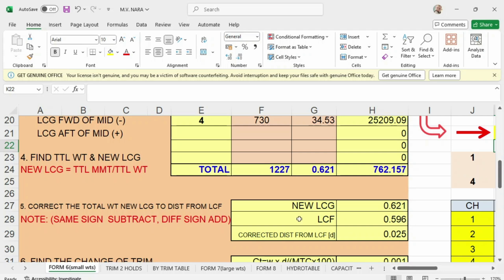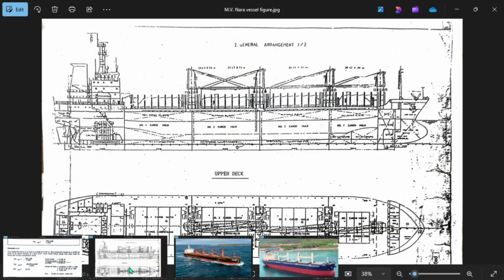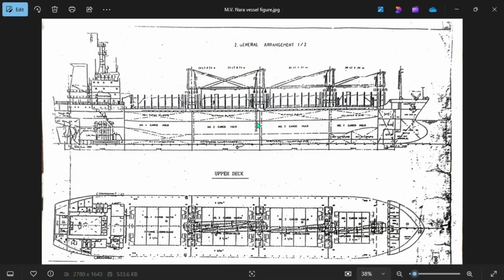So where can we find this new LCG of 0.621? We go to the figure. 0.621 from center is a little bit forward here. This is 596 and 621 is a little bit here. So it is almost in the center, for the purpose only.